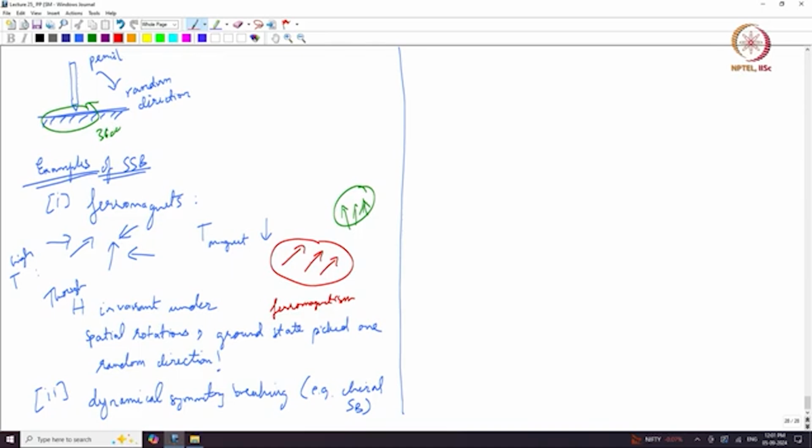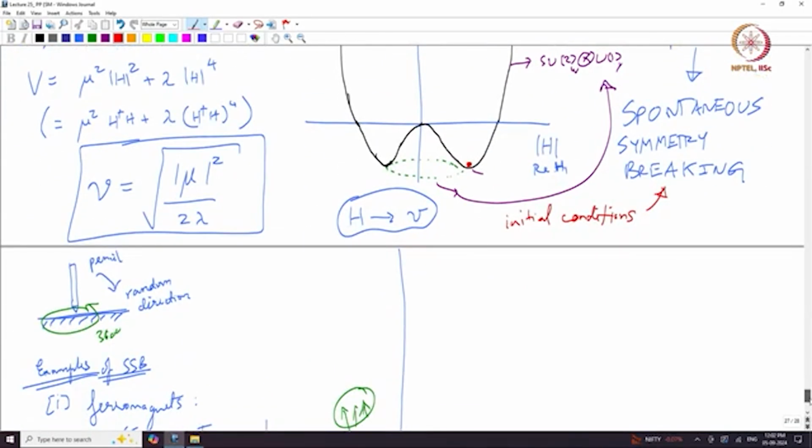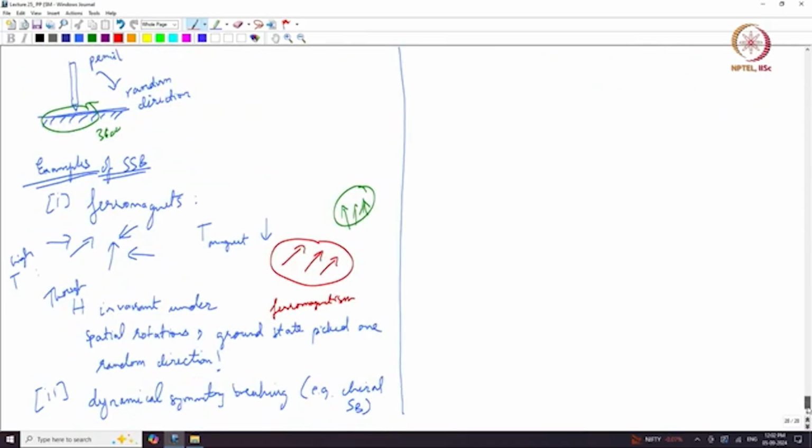So, let me end this lecture with one physical meaning of this potential, and then we will talk about one particular observation that comes from this kind of symmetry breaking, and then we will see the physical implication of this in the next lecture. I am going to talk about Goldstone's theorem next. Okay. But before we get there,